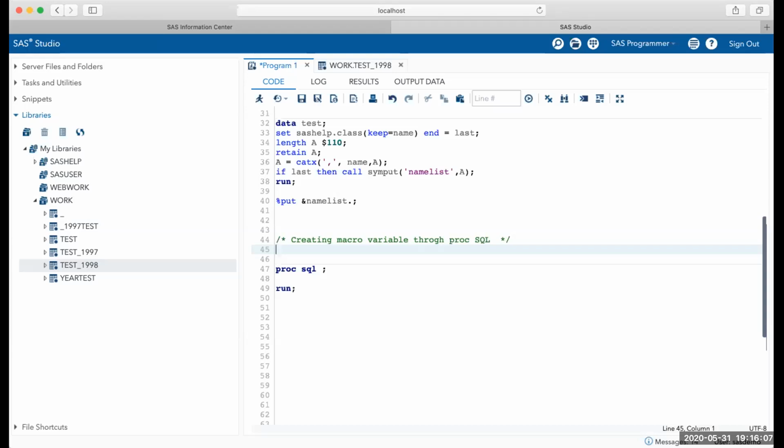It always creates a global macro variable. Okay, so as of now, just write it. Later on, I'll explain how and why. Okay, now